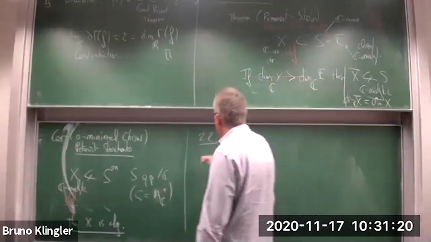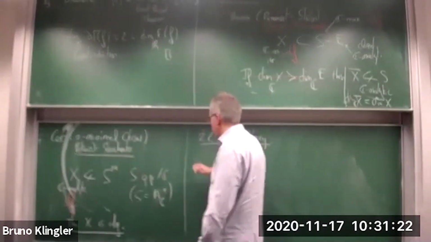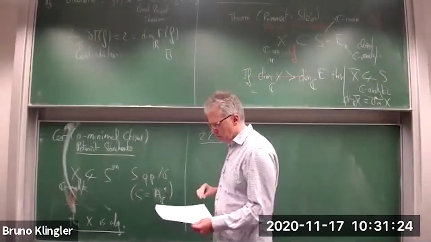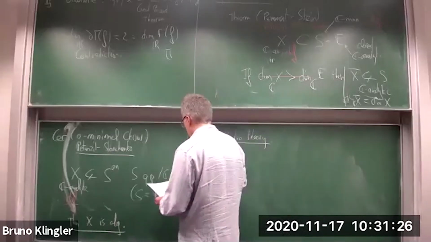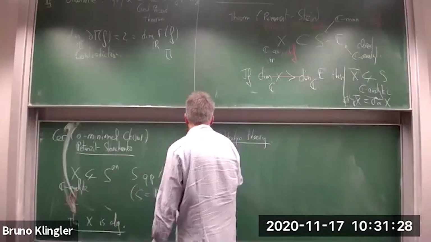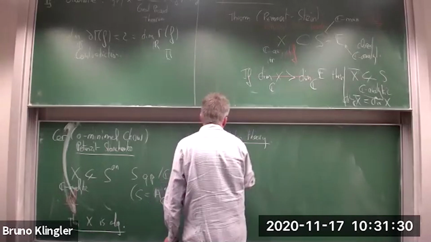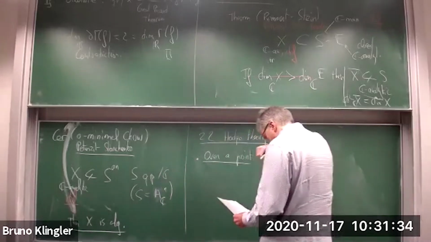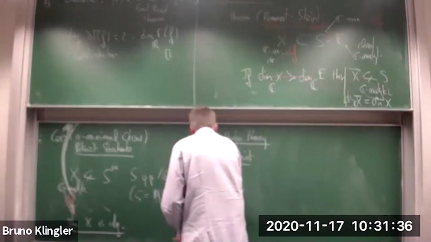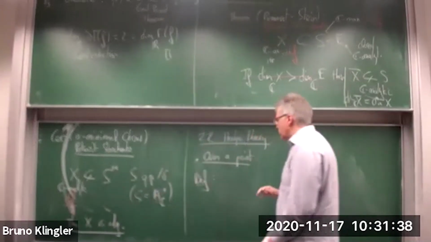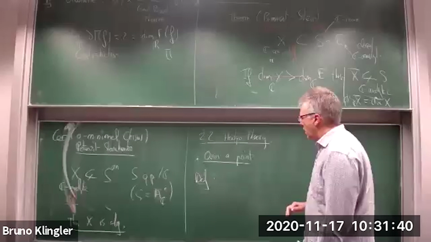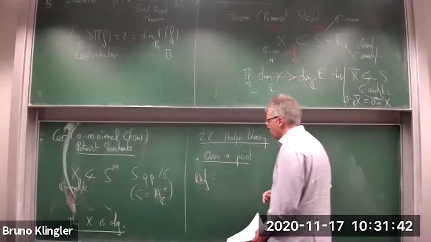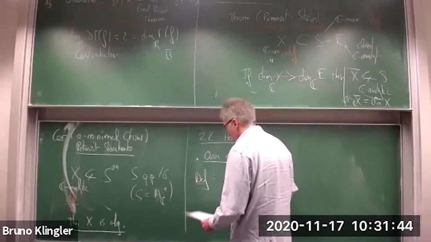Okay, so I'm expecting most of the people to be very familiar with Hodge theory, but I will fix some notations nevertheless and recall some stuff. So suppose we work over a point. So what is Hodge theory at the origin? This is the following definition. This is just a semi-linear gadget encoding a lot of information associated to the cohomology of algebraic varieties.